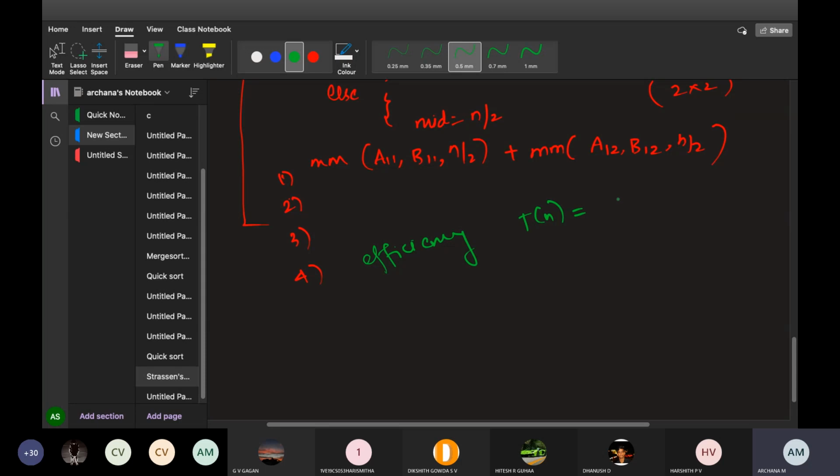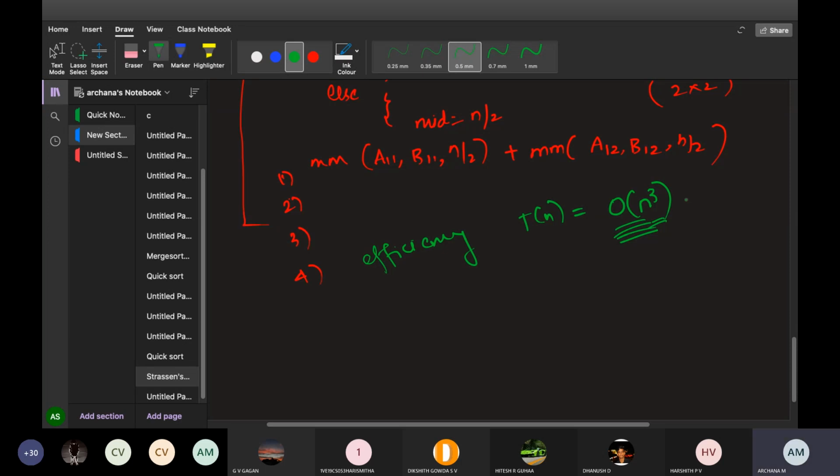The main algorithm here is Strassen's multiplication. Just for your information, when you solve this, even using the algorithmic statements and multiplying, you'll get big O of n cube as the efficiency. Using the mathematical formula, you multiply, you'll get O of n cube only. For both, time efficiency is the same.